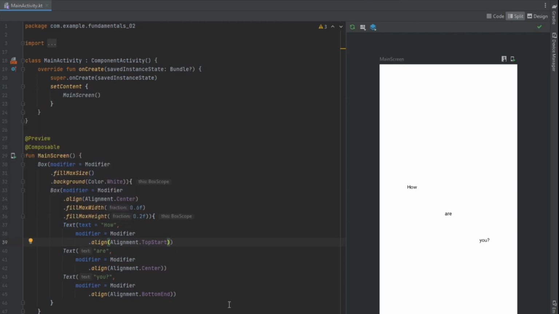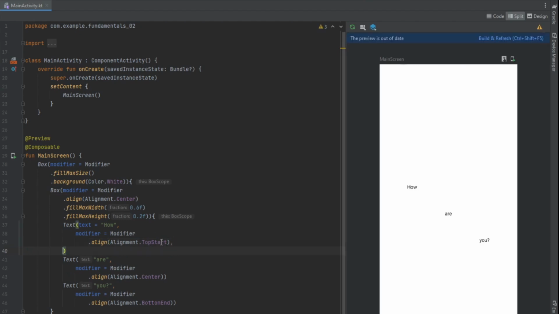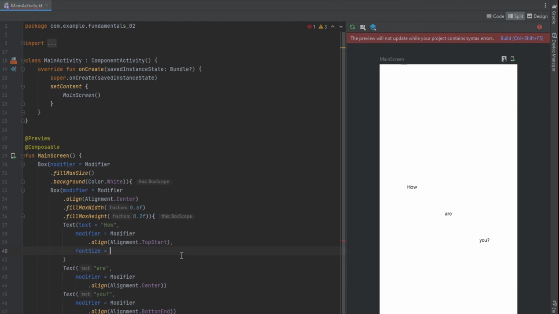I can just skip color, and I have to put a comma here, just to clarify for everybody. See, this is a parameter, so it's after a comma, and this is the first parameter, so that's why I need to put another comma here, and now I can add another parameter, which will be font size. Cool. Font size, let's, I don't know,